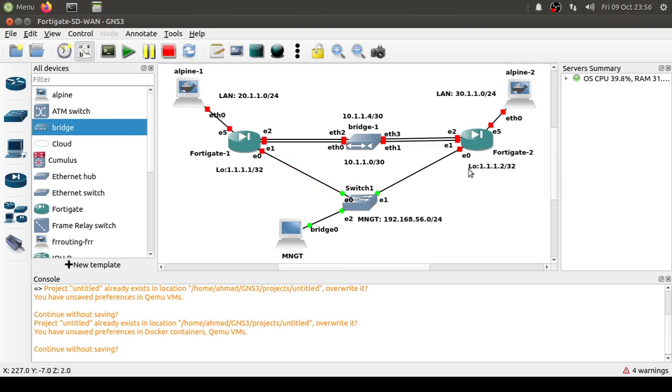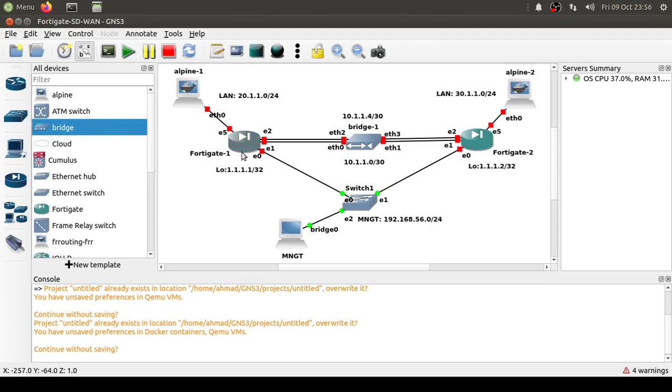You actually do not need to put in two FortiGate appliances. You can use one, but just for demonstration purposes I'm using two. Actually, you can achieve the same functionality with one as well. These are, we can say, our LAN segments. One is over here, the other one is over here. These are the IP scheme, 30.11 on the right side, and this one is 20.